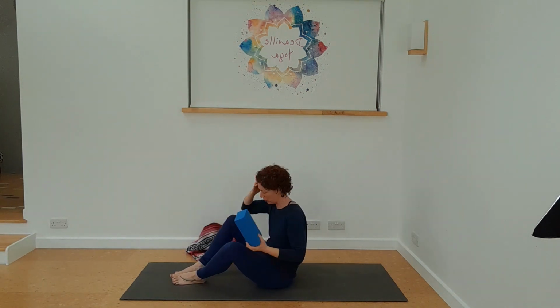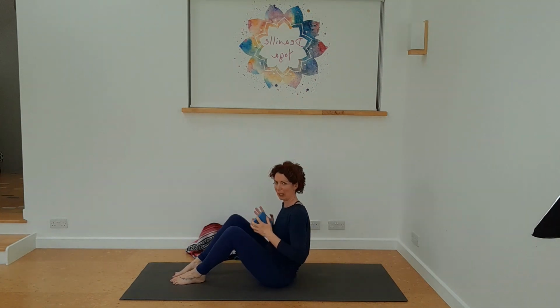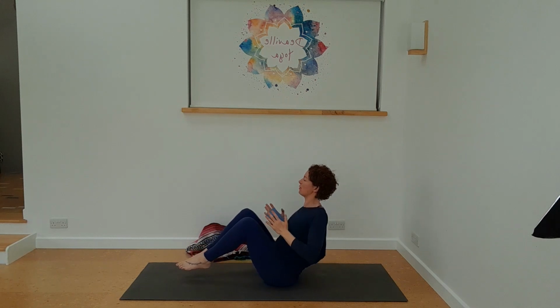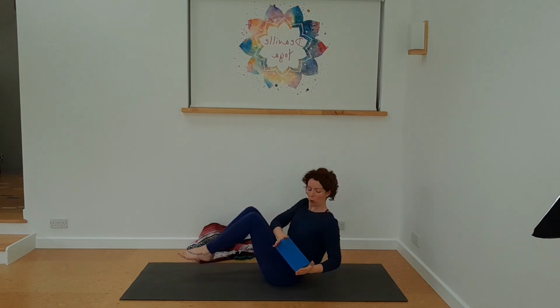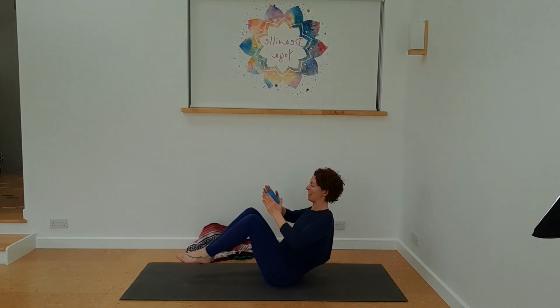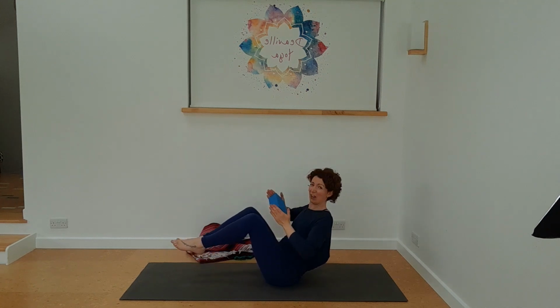Now, the other option, or if you want to do that and you want to do a third one, you're not ready to come down onto your back, then please grab your brick between your hands, rock back onto the sit bones, roll the shoulders back and down, belly button to spine. We inhale, as we exhale, we squeeze on the brick, turn to one side, inhale back to center, exhale, opposite side. See my legs are blowing,